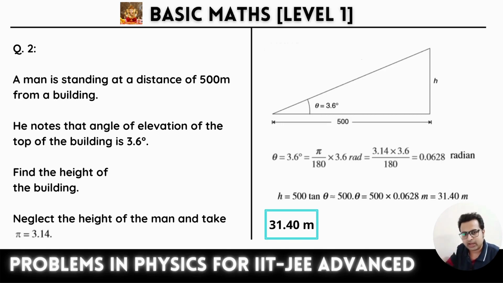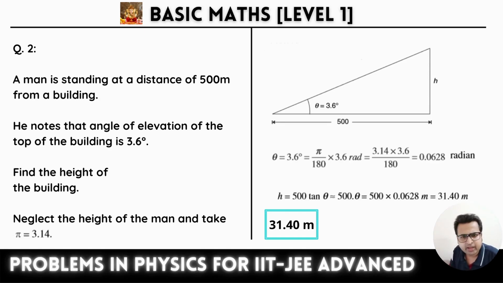So theta we can also consider as angular displacement. So theta is arc upon radius, that you know. So we just have to calculate the arc, or to be more precise, tan theta is perpendicular upon base. So tan theta is h upon 500. So here h will be 500 tan theta, since the angle is very small, so we can write tan theta as theta, approximately, because we are looking for an approximate answer.